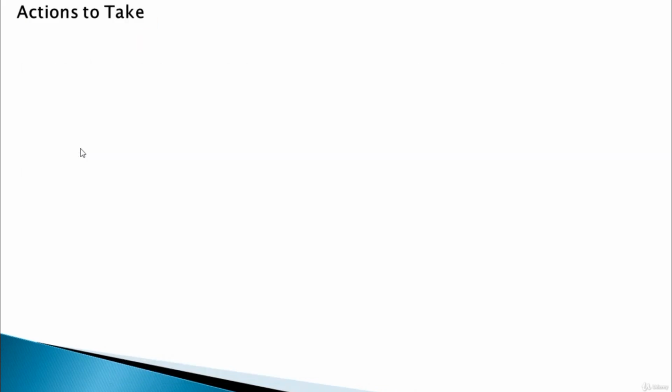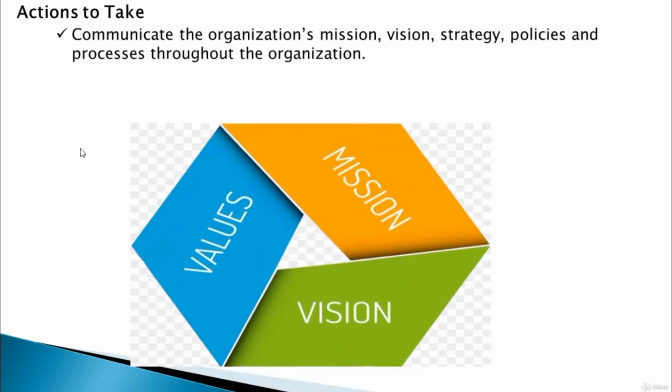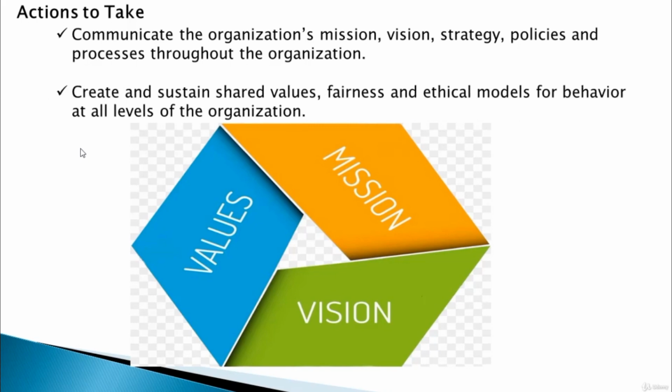Now, there are a few steps or actions to take to maintain good leadership. First of all, we need to communicate the organization's mission, vision, strategy, policies, and processes throughout the organization. In other words, you need to sit down and analyze what the organization is aiming for. We also need to create and sustain shared values, fairness, and ethical models for behavior at all levels of the